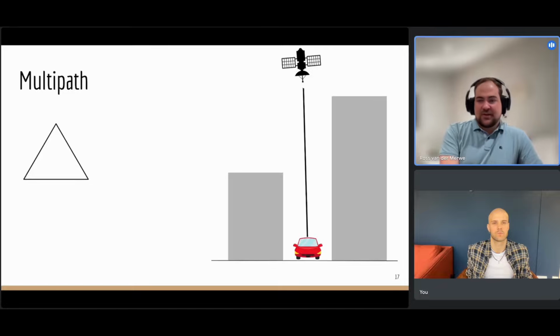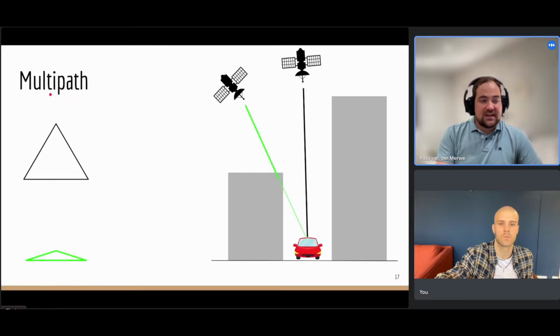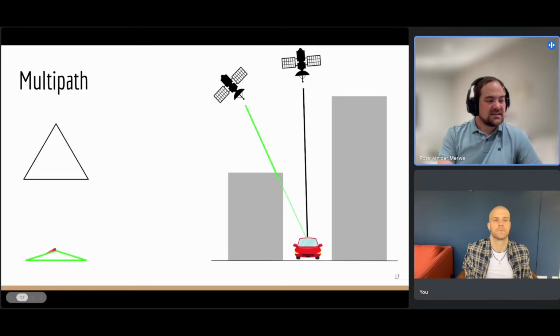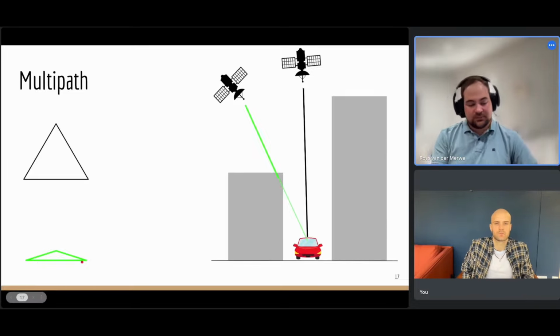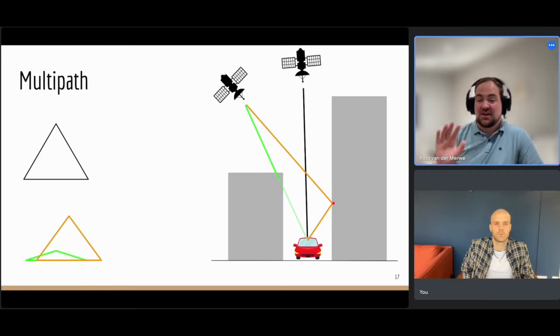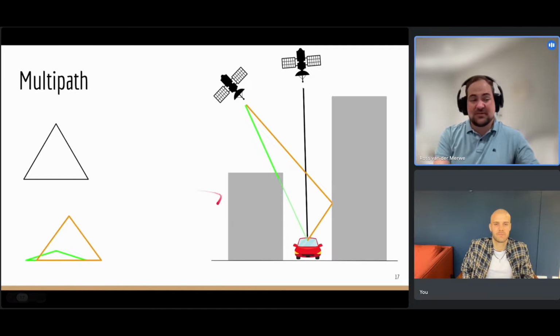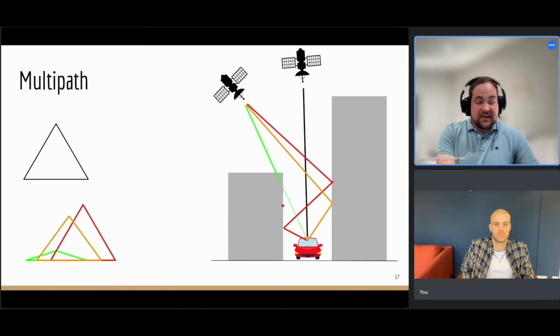But the problem is, if you have this car between buildings and you have another satellite which is not as ideally placed, you would have first a line of sight which will be hitting a building. And because it goes to the building, it loses a lot of energy. So you still see the signal, but it's low, like you have a smaller triangle. Even worse, you have a multipath reflection. So you have the signal sending out, and one signal coming from bouncing off of a building. If you're used to computer games and ray tracing, this is ray tracing, but bad ray tracing, is a way to explain this. So now you'll see we have another triangle. And this triangle is a bit bigger because it has a nice reflection surface. It's not being attenuated through this building. And then we might have a third one.